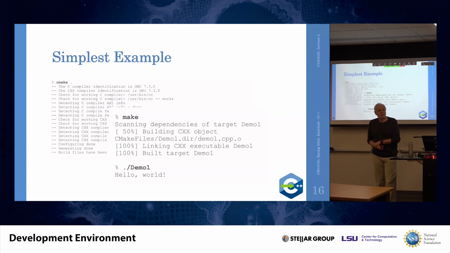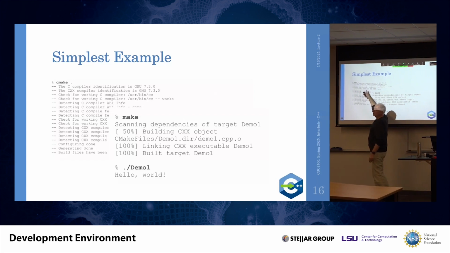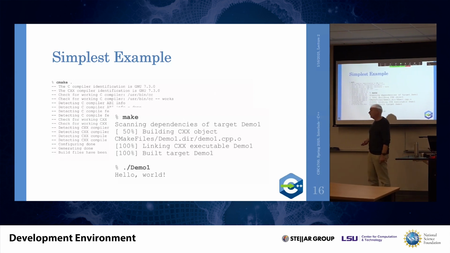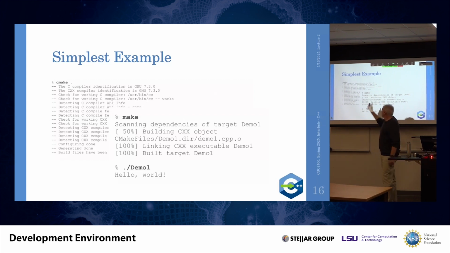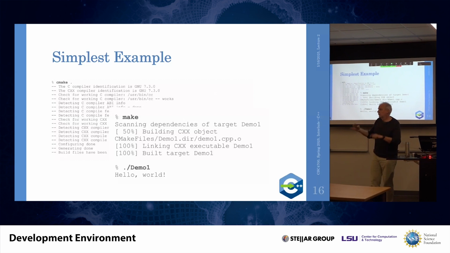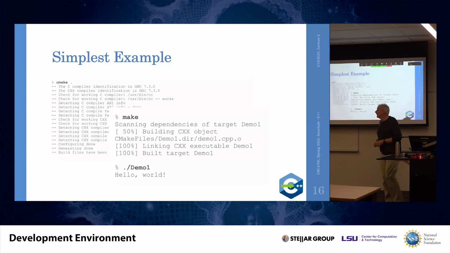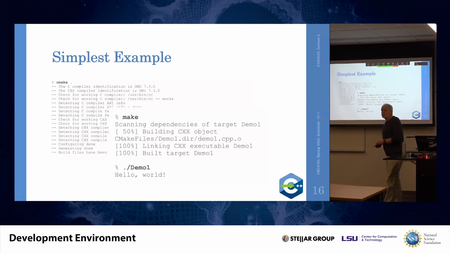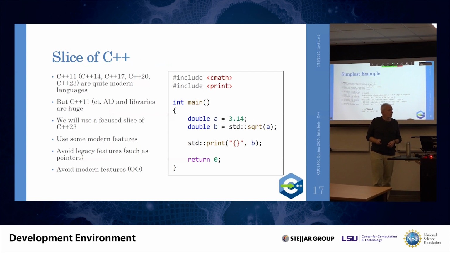All the assignments will have a CMake file predefined for you, so you don't have to do anything about that. VS Code knows about CMake, so it will automatically do the first step for you when you open a project in VS Code. And it even has a button where you can tell it to make certain executables only without even having to type make. You can do everything using point and click through the user interface. There's some description of that on the course website, so you can go there and see how that's done. But again, VS Code has very extensive documentation. You can find all that information online if you ever have to.